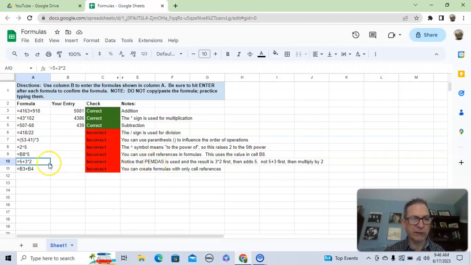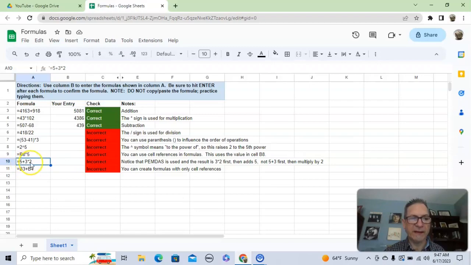A spreadsheet will use order of operations unless you use parentheses to tell it otherwise. So in this one, it will do 3 times 2 first and get 6 before it adds the 5. So your correct answer here will be 11,